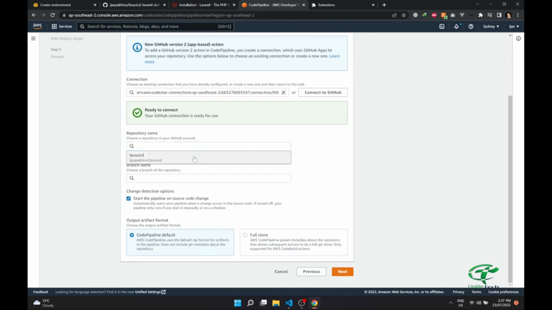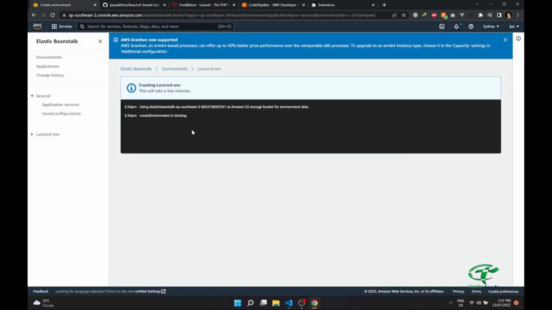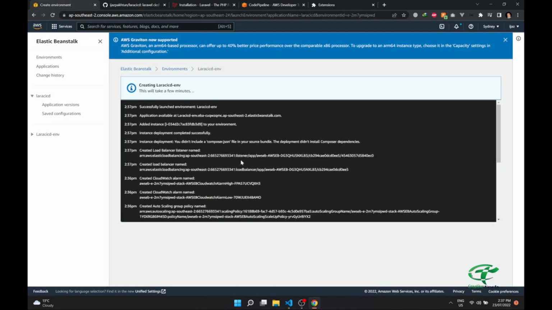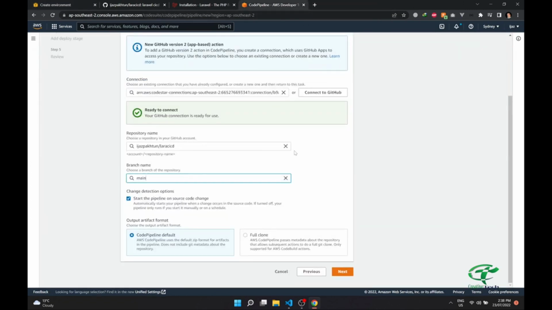So select your repository name, and the branch name, which is the main branch, and click next. Our Elastic Beanstalk environment is not ready yet, so when we click next,